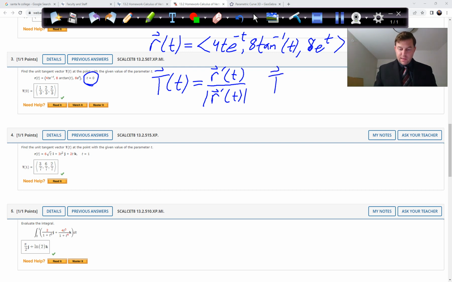So if time is 0, then this simplifies to the derivative where you let time equal 0 divided by the magnitude of the derivative where you let time, or the parameter t, usually is time, equal to 0. So we just have to find the derivative of this again. So let's look at this. R prime of t is going to equal,